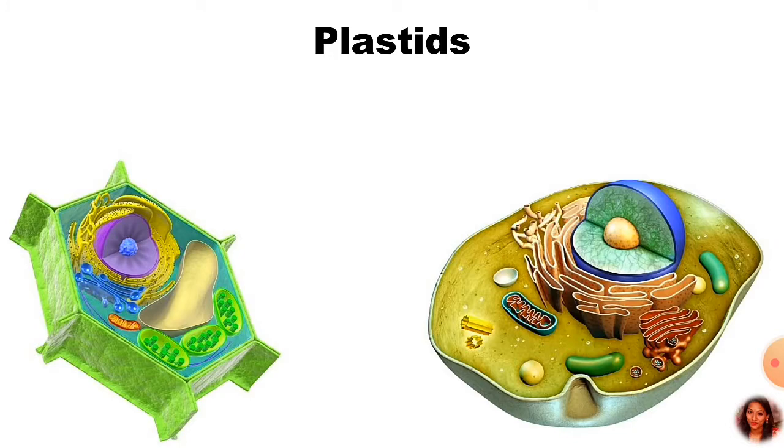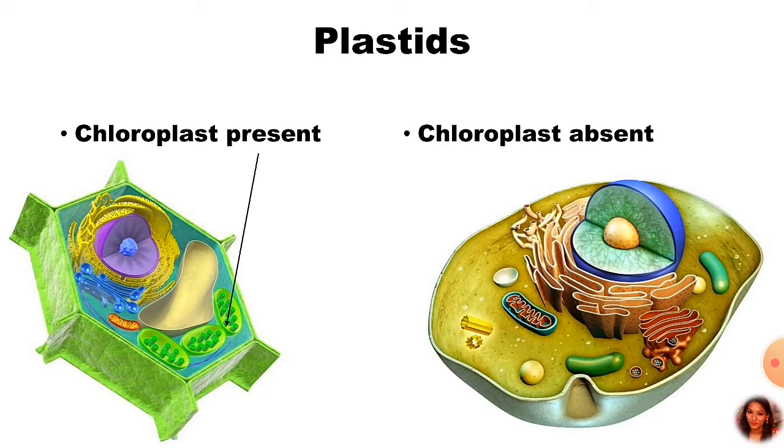But what differs over here? That is the plastids. What is a plastid? It is a type of chloroplast which is required to synthesize food. Because of this function, the chloroplast is present only in plants, which gives them the green color. We have observed plants with green leaves. Why is it so? It is because of the presence of chloroplast. But chloroplast is totally absent in animals, so plastids are not there in the animal cell.